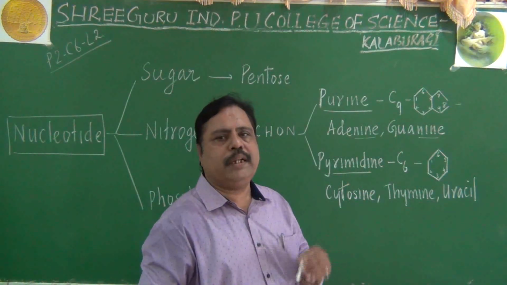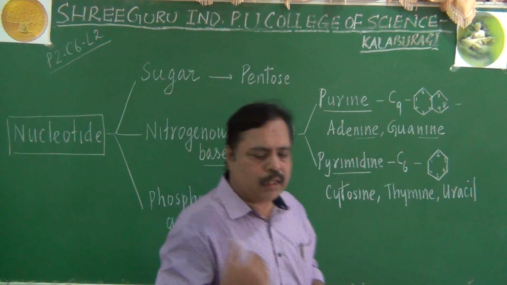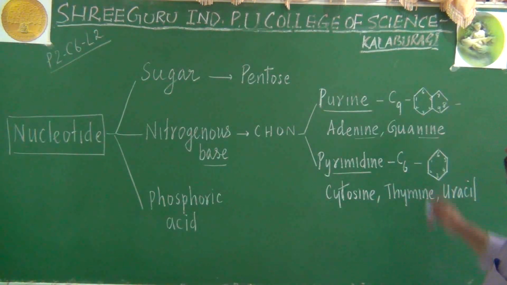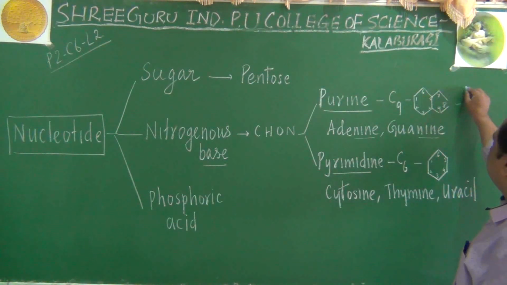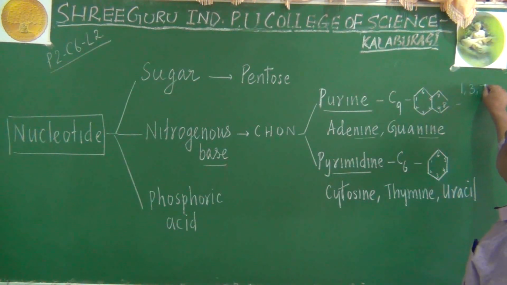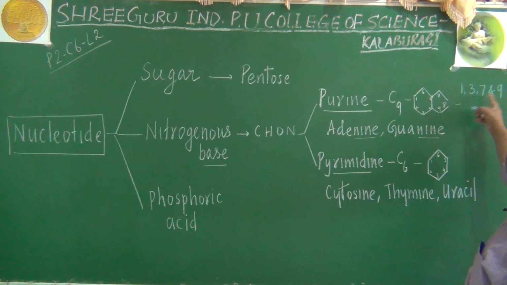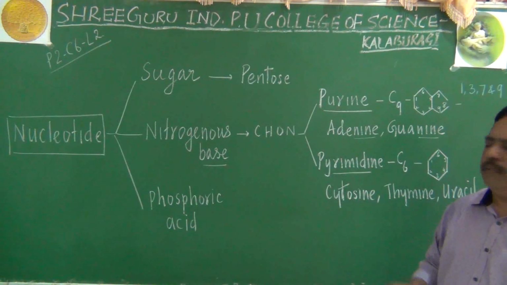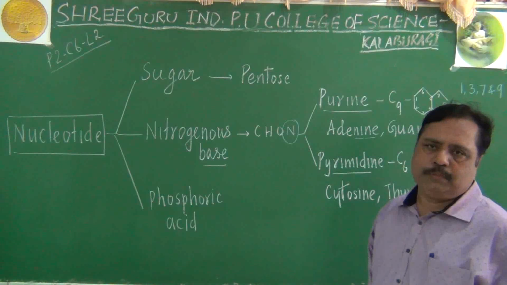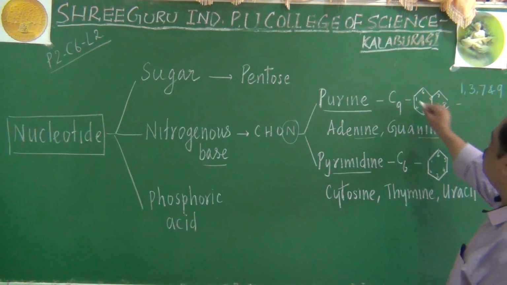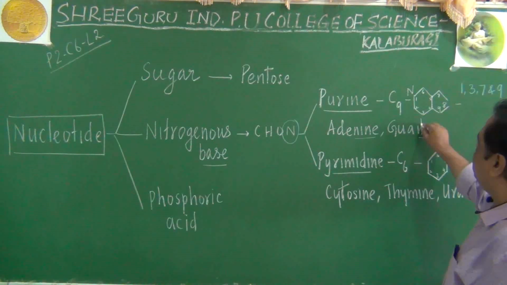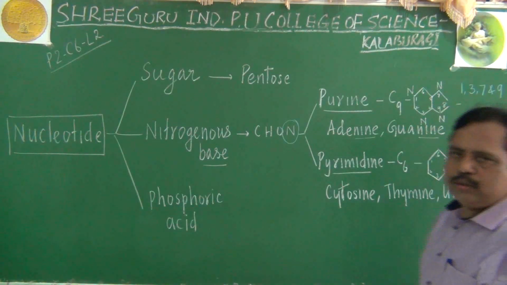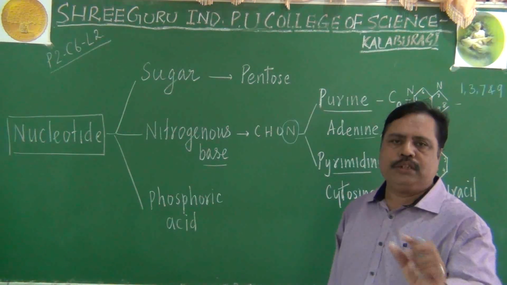You can ask, where is the nitrogenous base present here? It is called a nitrogen base. Where is the nitrogen present in these molecules? Please listen. In purine, position number 1, 3, 7 and 9, these positions will have nitrogen in them. That is why they are called nitrogenous bases. What are the positions having nitrogen? Position 1, 3, 7 and 9. These 4 positions contain nitrogen in them. So they are called purine nitrogenous bases.